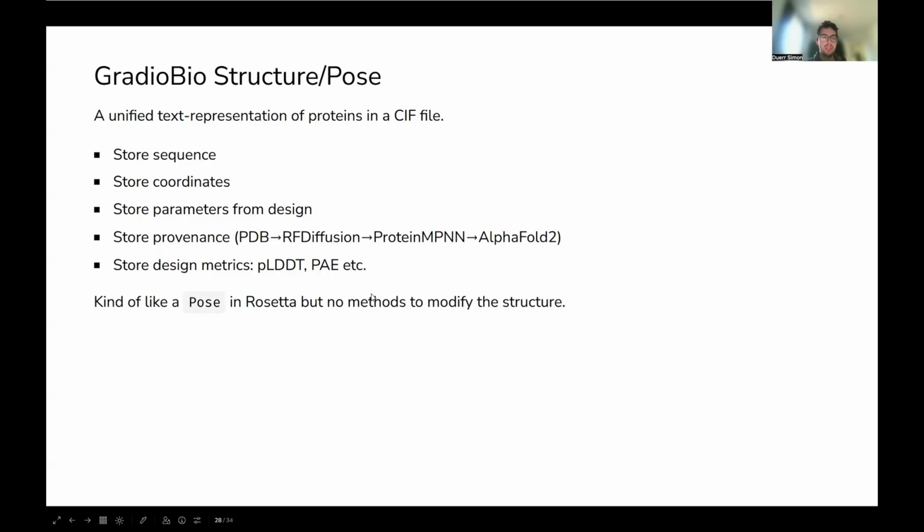And then also all the design metrics like the pLDDT, PAE, and so on, which are outputted inside a CIF file by some models, but for others you just get a JSON side by side with your structure. Ideally, you should have this one text file that has all the information about how the structure was generated and what the different metrics are, and this GradioBio library will attempt to do this.